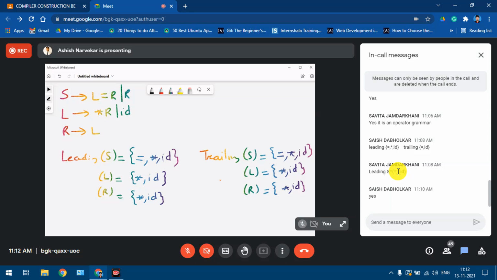If not, only leading and trailing could be asked. Given a grammar, you need to check whether it is an operator grammar, and find the leading and trailing, somewhere around 6 marks.